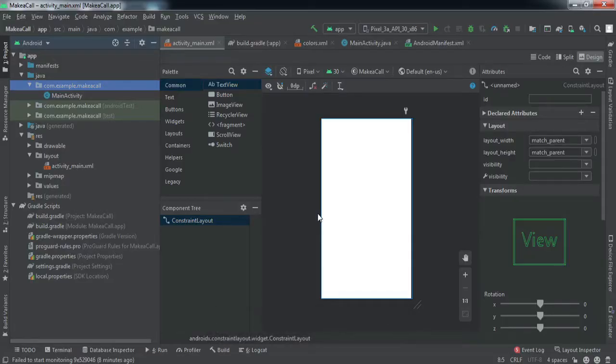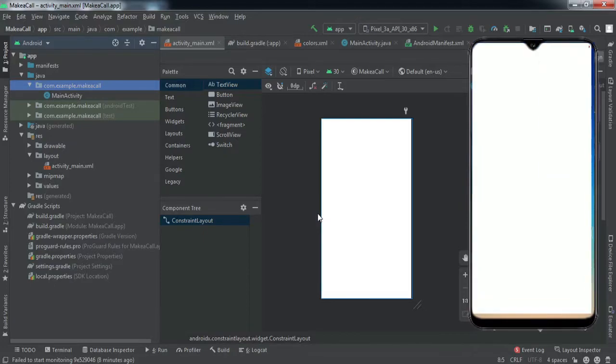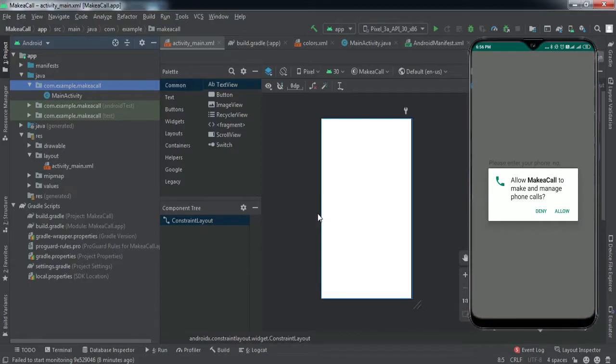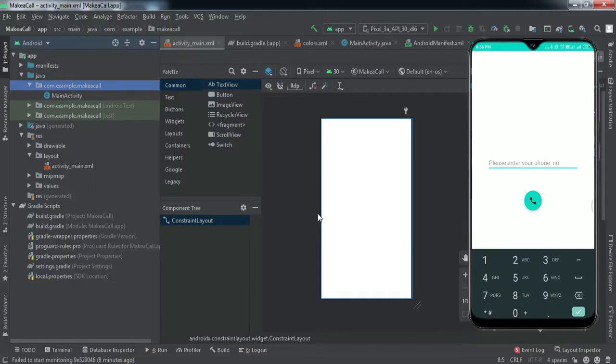So let me first show you what we're gonna get by the end of this video. I'll just open this app, make a call. Here it asks for the permission. I'll just give it a permission. Then we're gonna put a number inside this edit text.